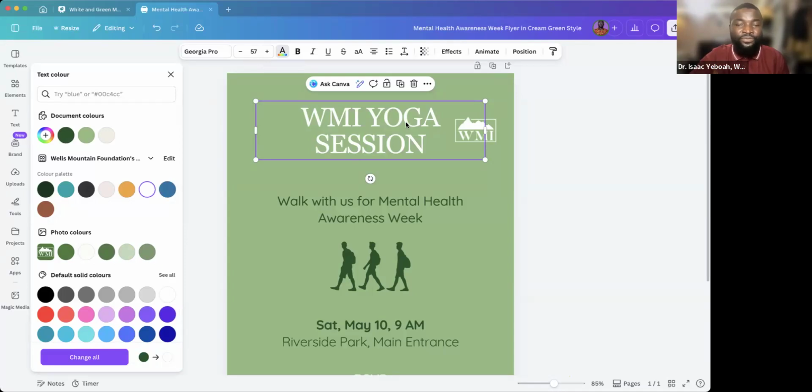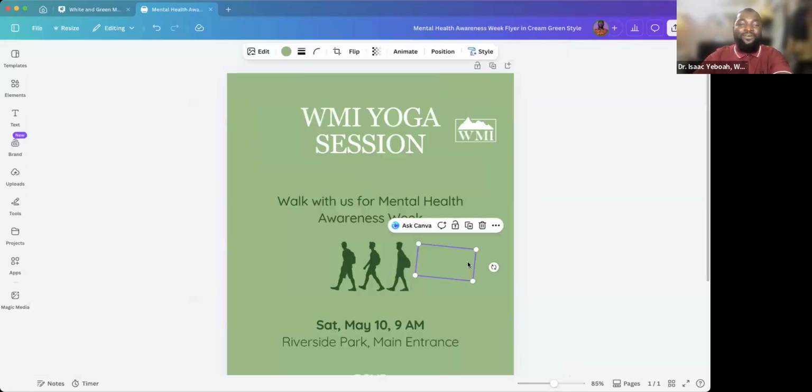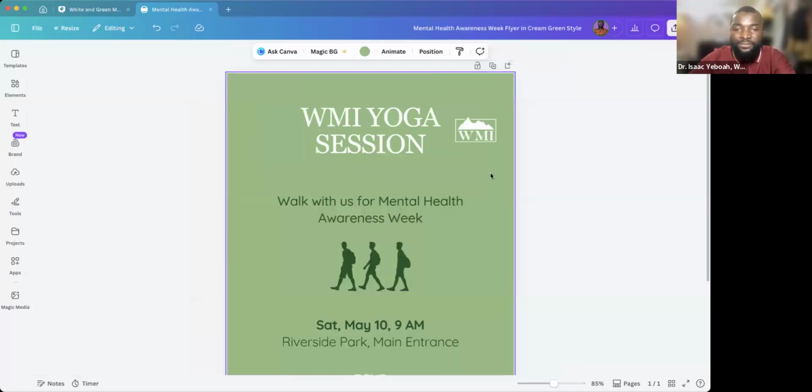This is the beauty of Canva. It's very user friendly. It's very easy to use. Just be practicing. Constant practice will make you perfect. So let's say I want to change it to yellow. Just come and click on the yellow and it changes to yellow. But let's maintain the white so that it will match with the color of our logo. So once I am done,